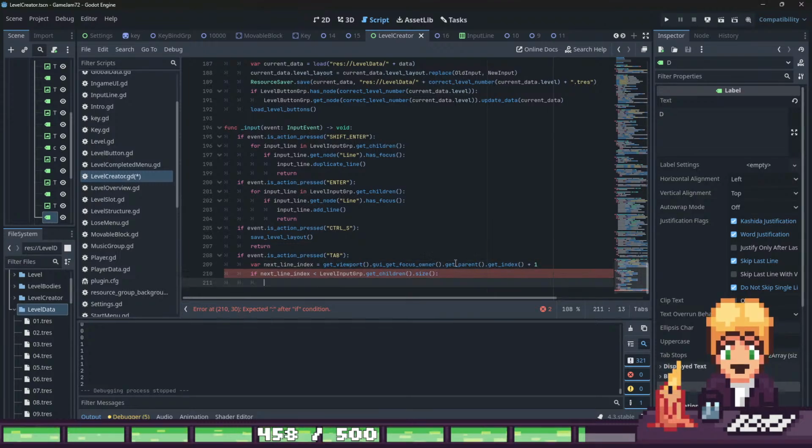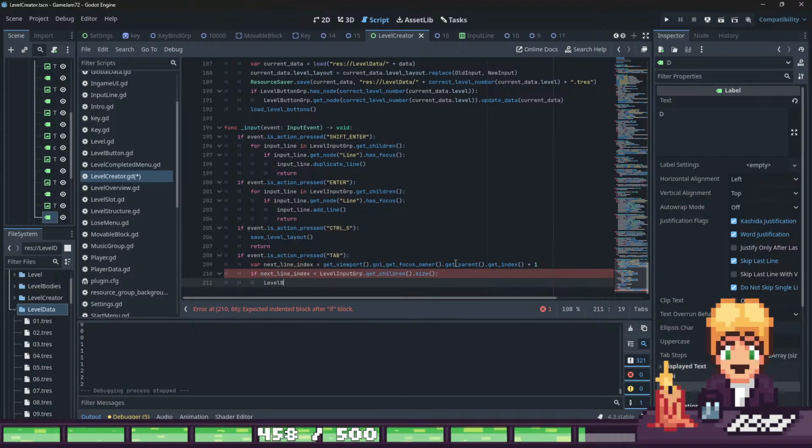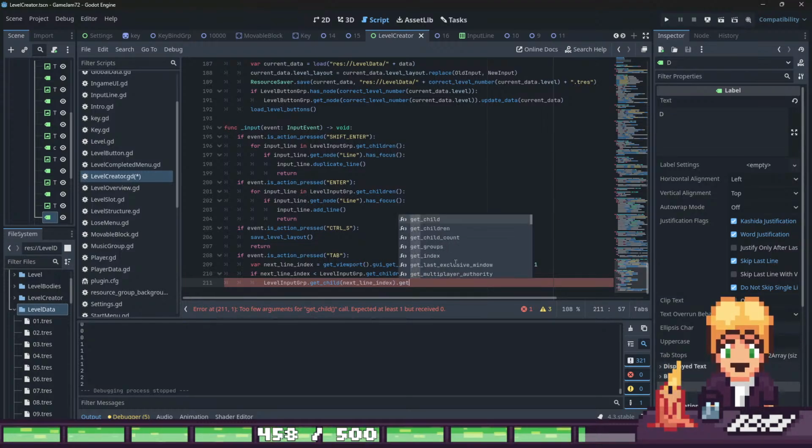And if this is the case, we will just say level input group dot get child next line index dot grab focus,